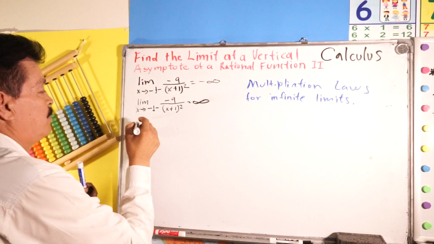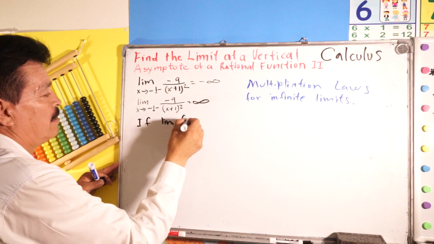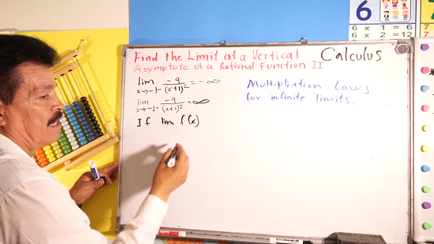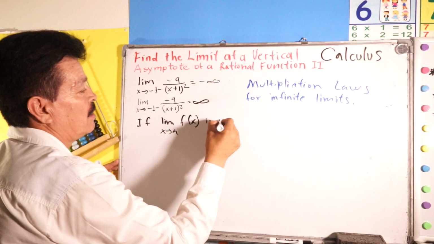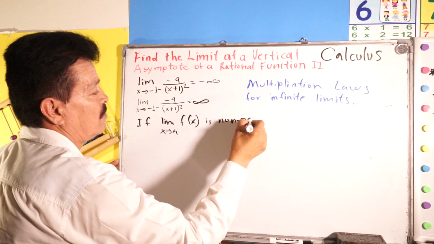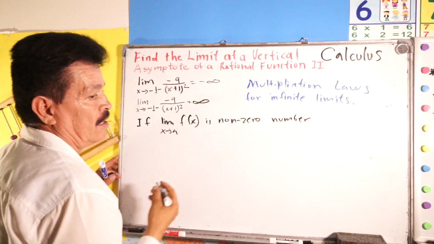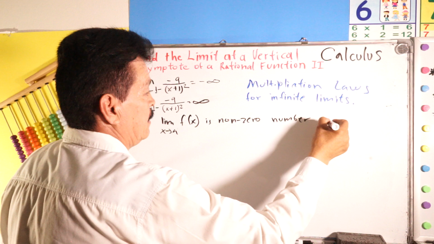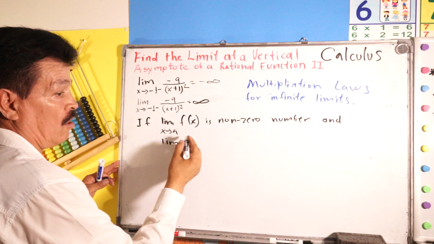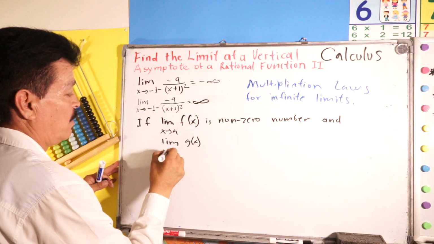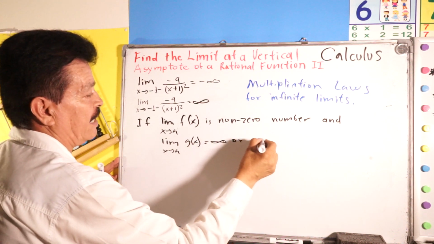For instance, if the limit of f of x when x approaches a is a non-zero number, and the limit of g of x when x approaches a equals positive infinity or negative infinity,